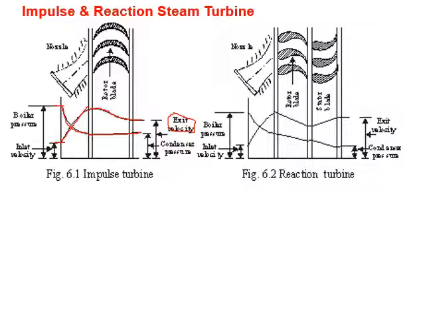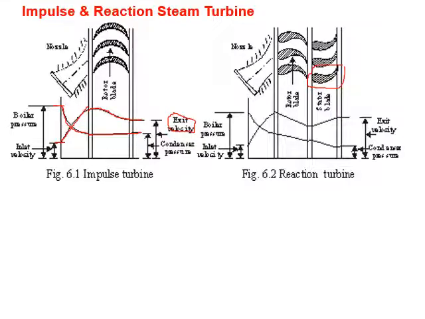See the construction of the reaction turbine. Figure 6.2 shows the construction of the reaction turbine. Here there is a nozzle, connected with the moving blades as well as the stator blades. There are moving blades as well as stator or fixed blades. Here the blades are not symmetrical. An aerofoil shape is given for the construction of the blades.